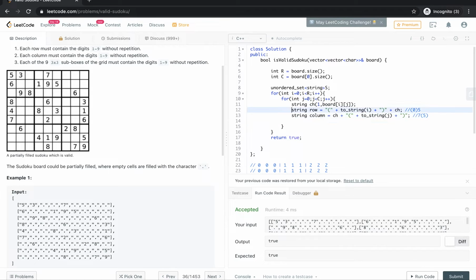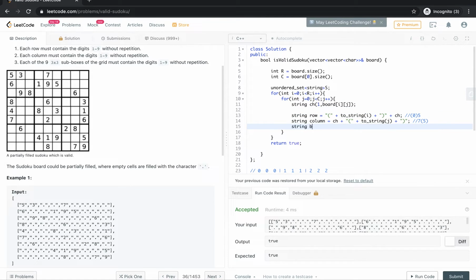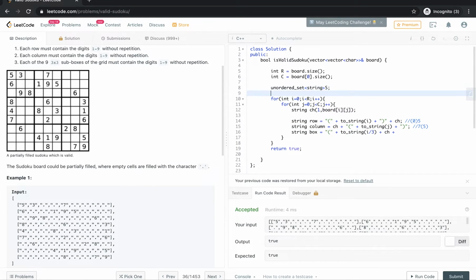Similarly for boxes, string box is nothing but I'll insert this first, and this is to_string of i by 3 to find which box, ch, to_string of j by 3, plus closing parenthesis.